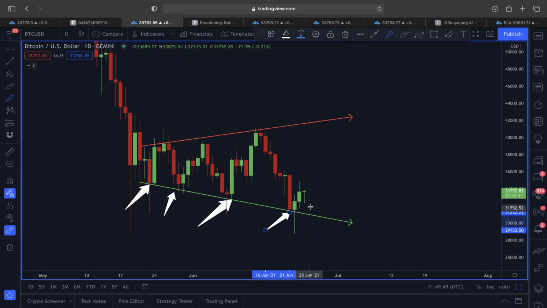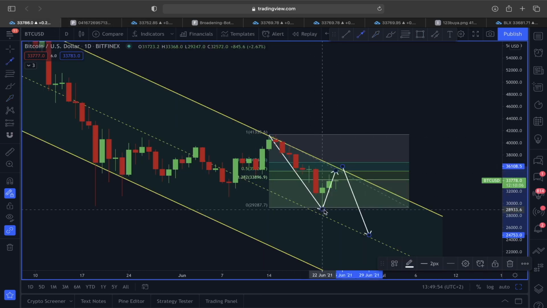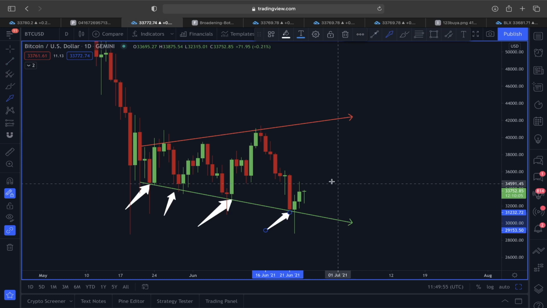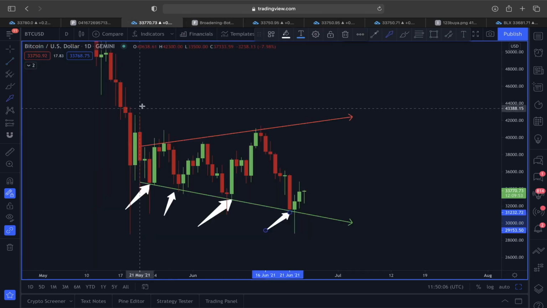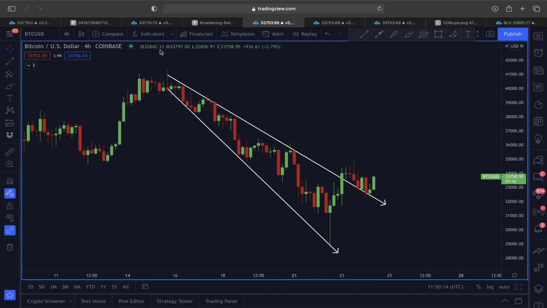So this here, the broadening bottom was also actually pointing out the price of Bitcoin could see some sort of a movement here in an upward direction, because according to this one here, we are aware we could be seeing some sort of relief rally before price chooses the trend direction. So at least around this 35 to 36,000, this is where we are expecting the price of Bitcoin to come in upcoming days.